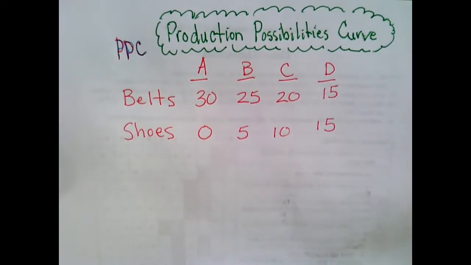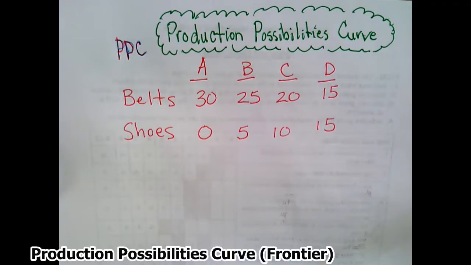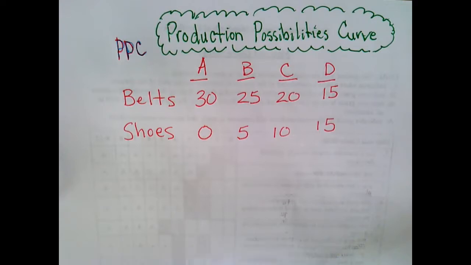All right, so today we are going to talk about something known as our production possibilities curve. Sometimes it's also known as the production possibilities frontier. Now, very important because this is our first graph in econ, right? And FYI, there's about 3 or 4 questions based on this on your test, so you absolutely have to know